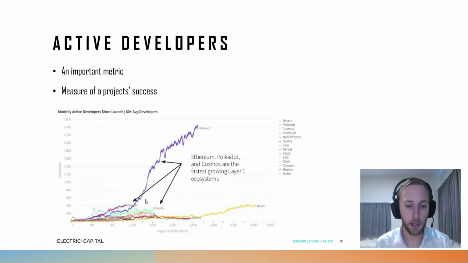As you can see, Ethereum is the clear number one without a doubt. But here you can see in the purple, I think it's purple, very clearly that Polkadot is on a very, very positive trajectory. This also points out that Cosmos is an active competitor, but I would suggest